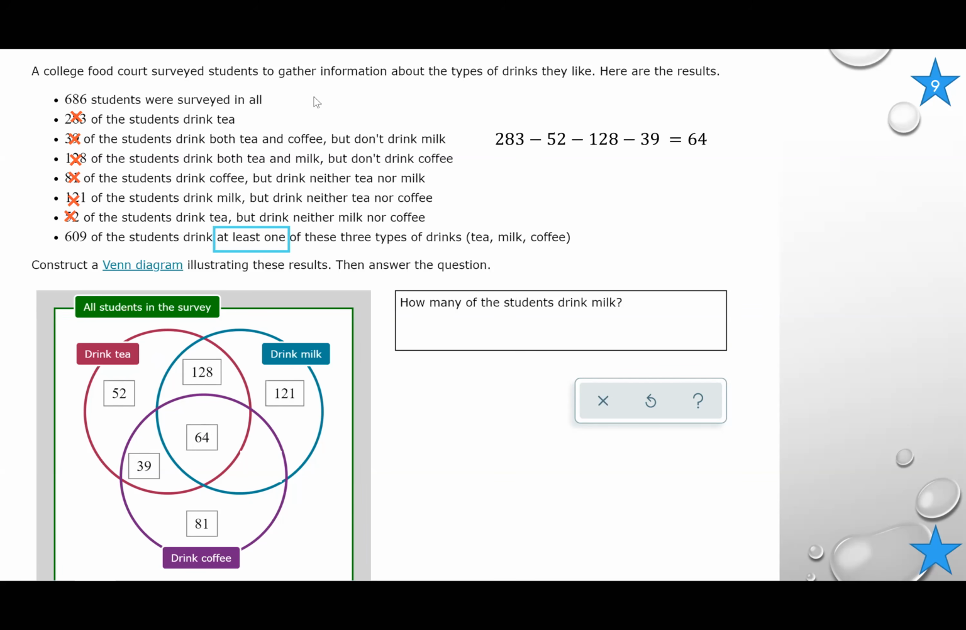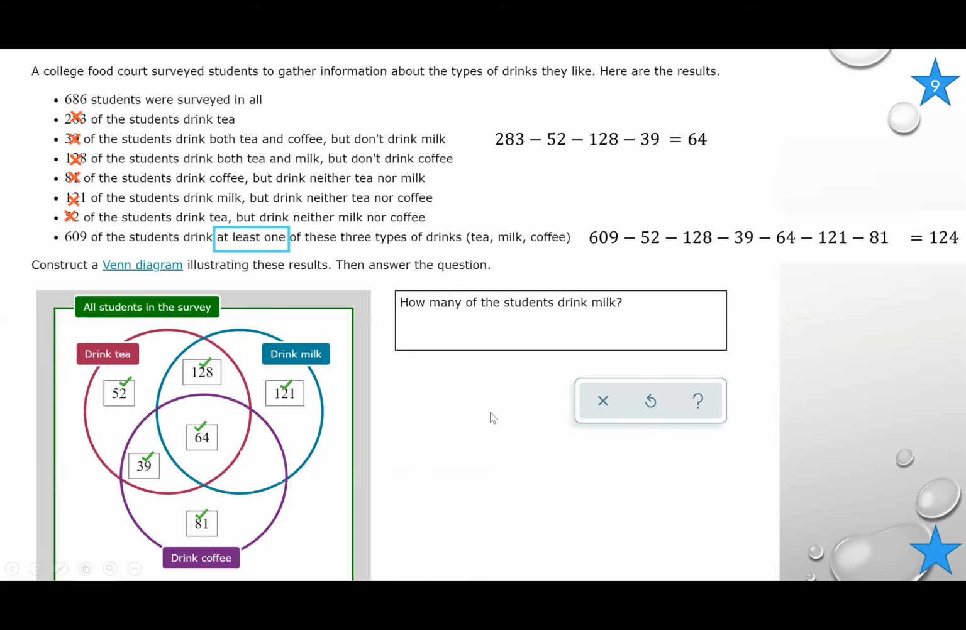So at least 1, meaning at least 1 item, do you agree the total is 609. And I need to subtract what I accounted for. I used the 52, I need to subtract that away from 609. I need to subtract this, I need to subtract that. So whatever I use, I need to subtract them. So if I subtract it, it will leave me with